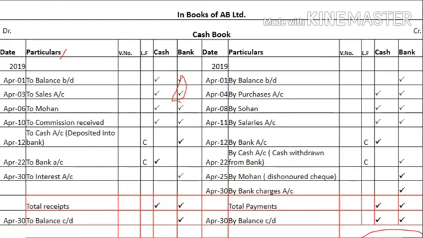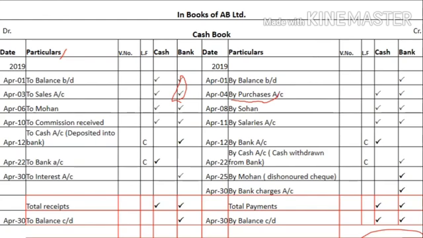On the credit side, here I have written some items. We can go through these items one by one. Like the first item I have written, by purchases account. If you have made payment in cash, you will write down in the cash column, and if you have made payment through check, you will write down in the bank column.